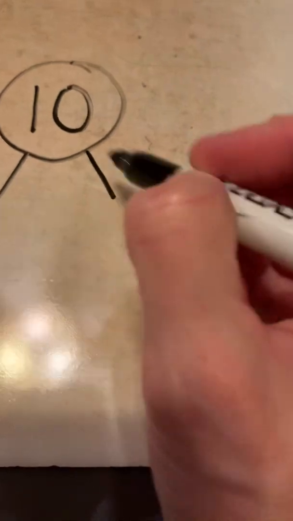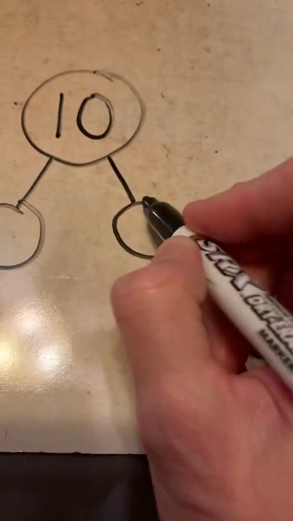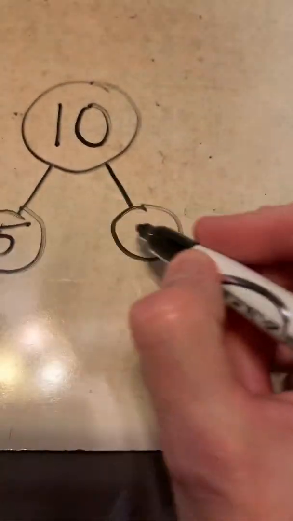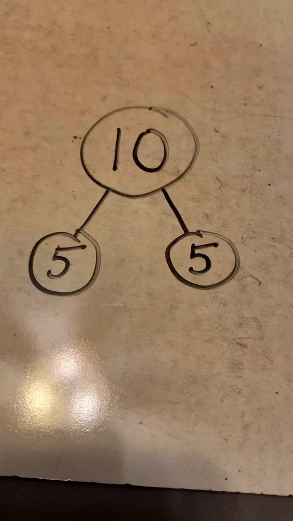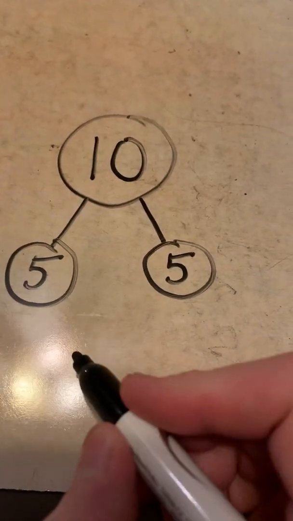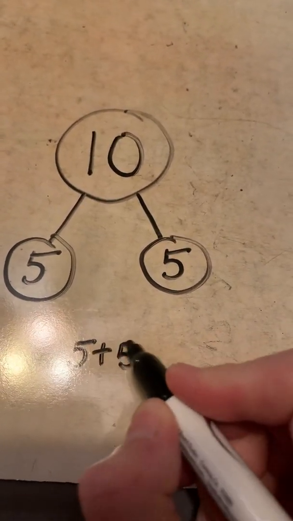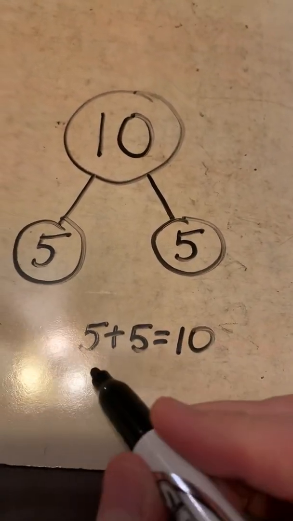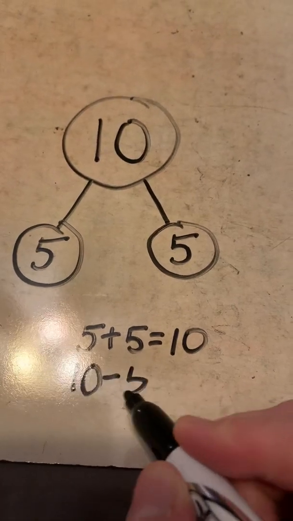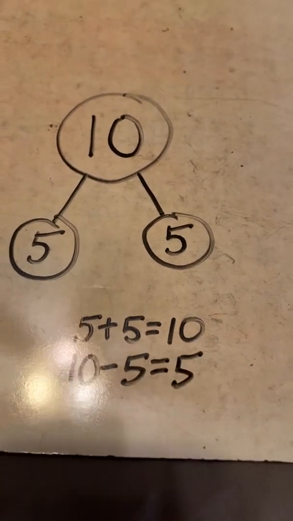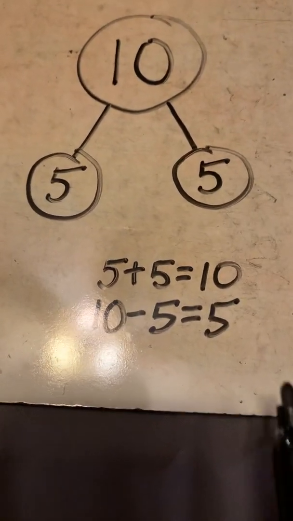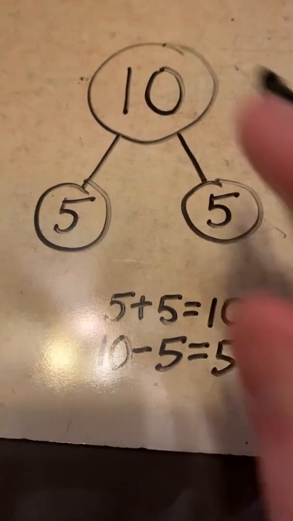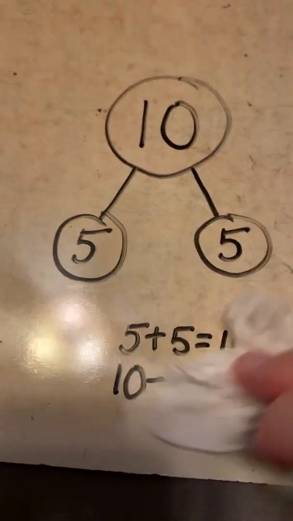If I was to break 10 up into 2 numbers, I know what a lot of you are going to say. A lot of you are going to say probably 5 plus 5, because that's a fact that we all know, isn't it? So we know that 5 plus 5 equals 10. And also, if I take the big number and put it here, 10 minus 5 equals 5. And we know that, don't we? Because we've studied these in reverse doubles facts and doubles facts and number bonds. So we know all of that, don't we?